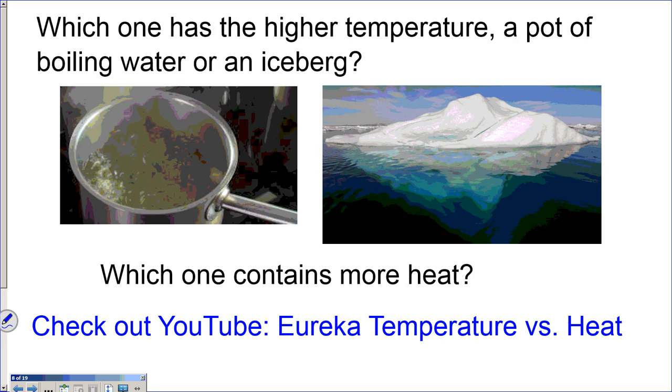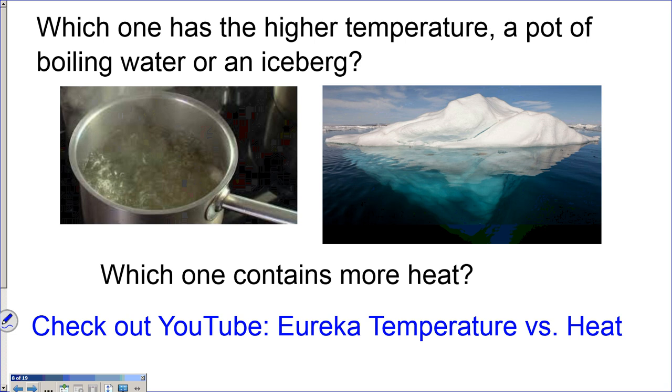So if I gave you this picture and you have a pot of boiling water and then an iceberg, and I want to know which one has the higher temperature, you would obviously tell me that the pot of boiling water is a higher temperature than the iceberg. The boiling water is at least 100 degrees Celsius. The iceberg is frozen water, so it's most likely below 0 degrees Celsius. However, if I were to ask you which one contains more heat,